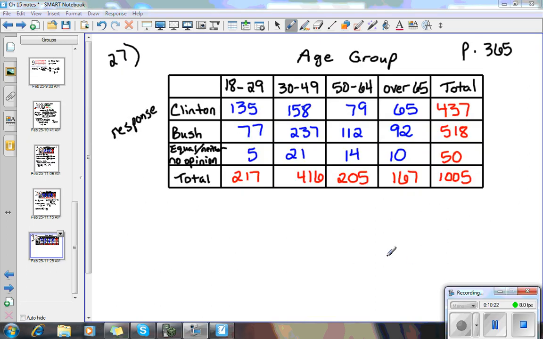Okay, we're down to our last example. Problem 27 on page 365 still deals with the idea of the First Lady. So still same setup, different questions. Part A says, are being under 30 and being over 65 disjoint? And then explain. So being under 30, so let's think about where that is, being under 30 and being over 65 disjoint. Yes, they're disjoint. And if you think about why, remember we're selecting one person at random,